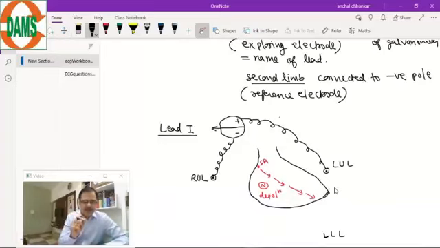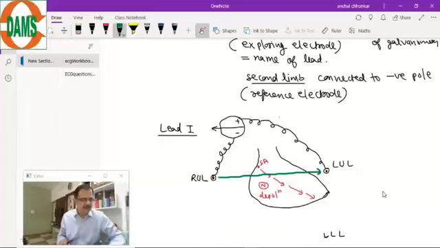So this is how the connection of lead 1 will be made. From right upper limb the wire goes to the negative pole. From left upper limb the wire goes to the positive pole. And now if we see the vector line of lead 1, this is the vector line of lead 1. Why not opposite? As I have told you, these are all standardizations.